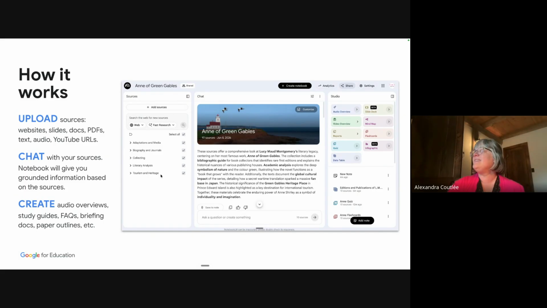Now, the magic happens in this section called the studio. In the studio, you can generate lots of material: audio overviews that are kind of like little podcasts, study guides, questionnaires, mind maps, and so forth. We're probably not going to have time to go over every single one of them, but I'll show you a couple of them so that you have the basics that you need to really create with the studio here. So 3 sections: sources, chat, studio. That simple. So let's take a look.